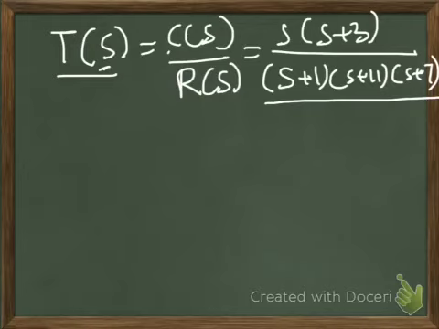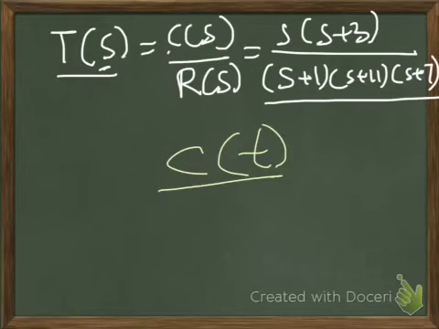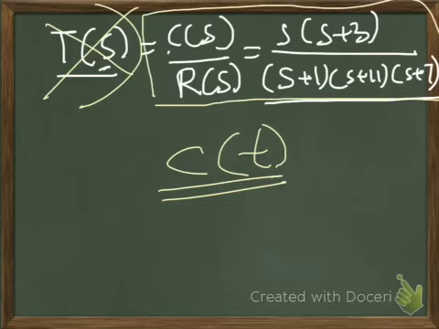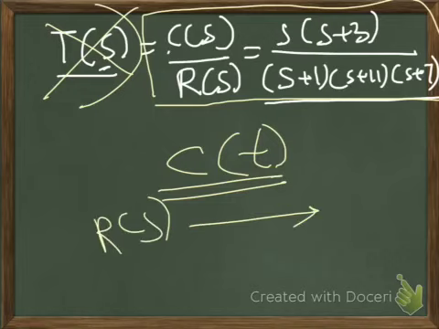We know that any time response is c of t. So from the above equation, if you put this T of s aside, you have C of s by R of s is equal to this. So from this equation, look out for methods to obtain c of t. So first step is send R of s to the right hand side.